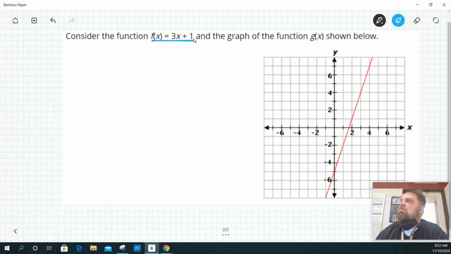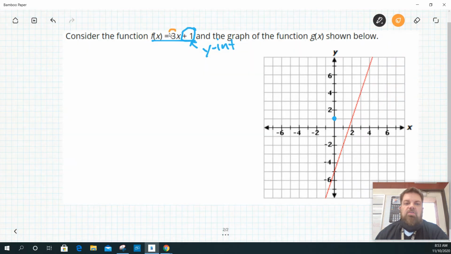x, okay? So to graph f of x, the first thing I need to do is recognize that positive 1 is what? What do we call that? That is the y-intercept. What does that mean? That means that my f of x is going to cross the y-axis right here on 1, okay? Now, the other thing I need to consider